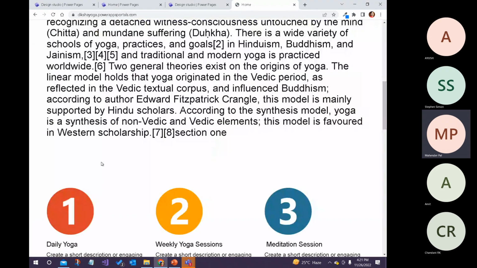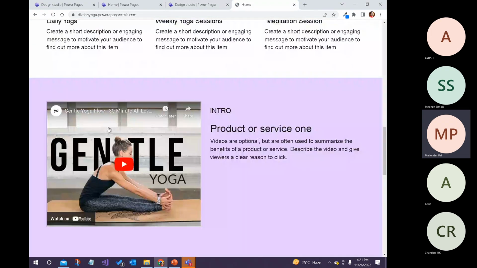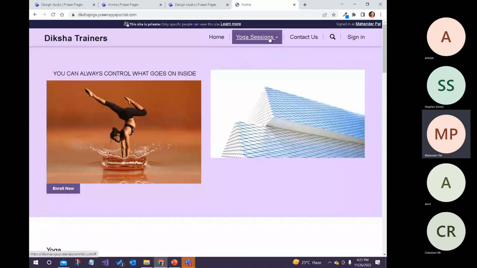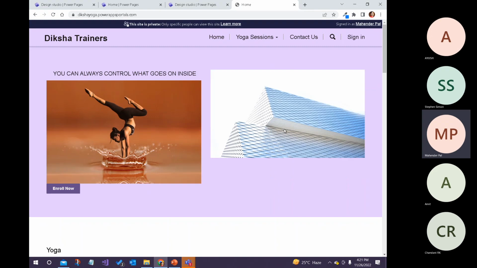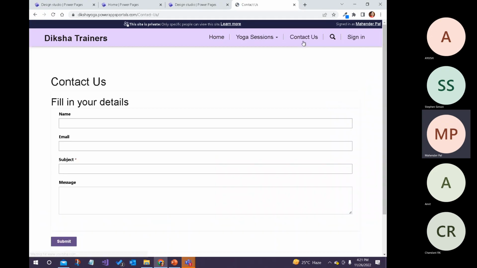We can change the contents, we can put the media here, and we can add pages. We can also go ahead, if you want, and make some new changes or add new pages. You can create new pages from there, and you can decide the navigation here. And here one thing, if you click on contact us, you will see that, let me show you actually one another